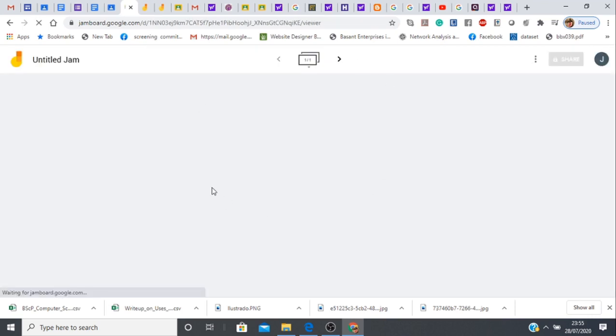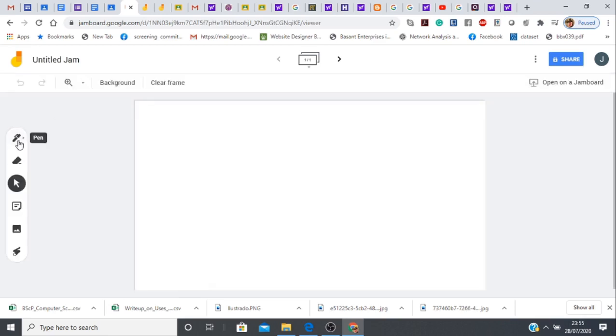it will open an interface for me in which we can just write our text. We have a pencil or pen here which can write. When we select it, it will write something on this white screen. Then we have an eraser, we have a select tool, we have sticky notes. We can put up some comments with sticky notes. We can add an image and we can use a laser. So for example, I use the pen. We can select the colors and the width of the pen that we want to use.